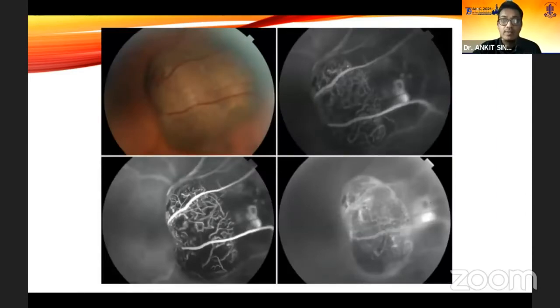In a few cases, we can sometimes see the classical double circulation pattern with fluorescein angiography. Here, the dye lights up the overlying larger retinal vessels as well as the internal network of tumor vessels. We do not need fluorescein angiography for diagnosing uveal melanoma, but it can aid in suspicious cases or to differentiate it from other lesions, say, for instance, hemangioma.